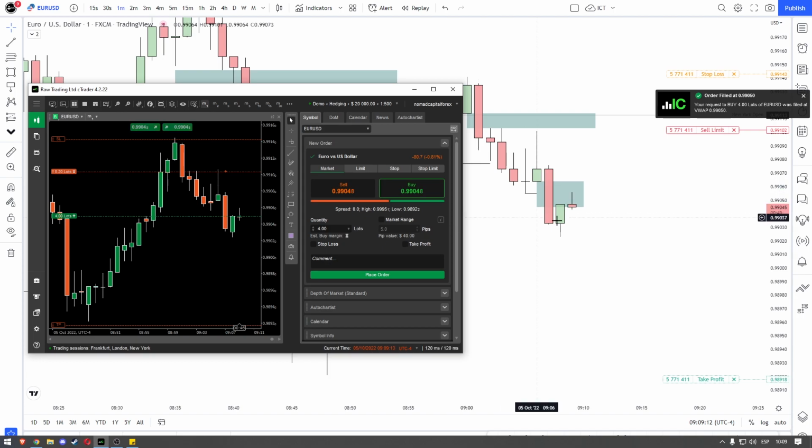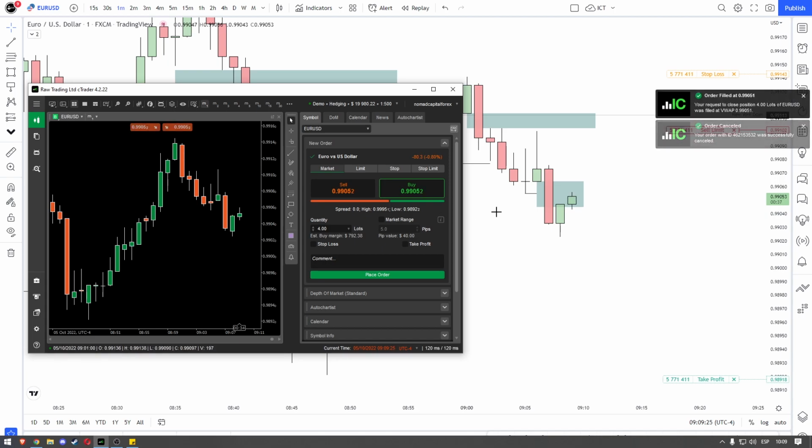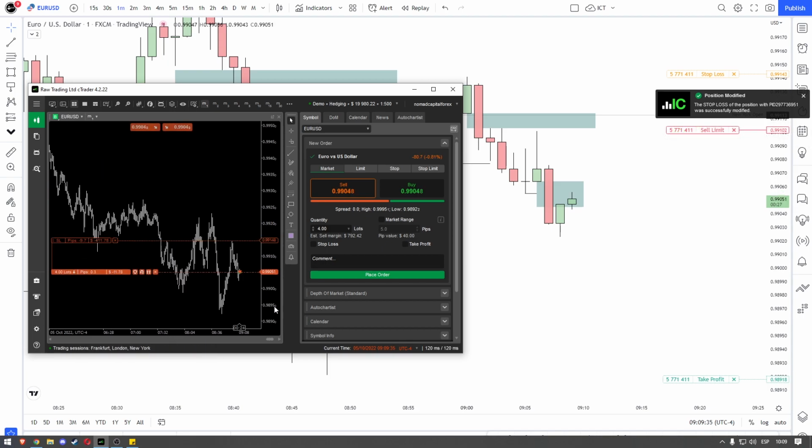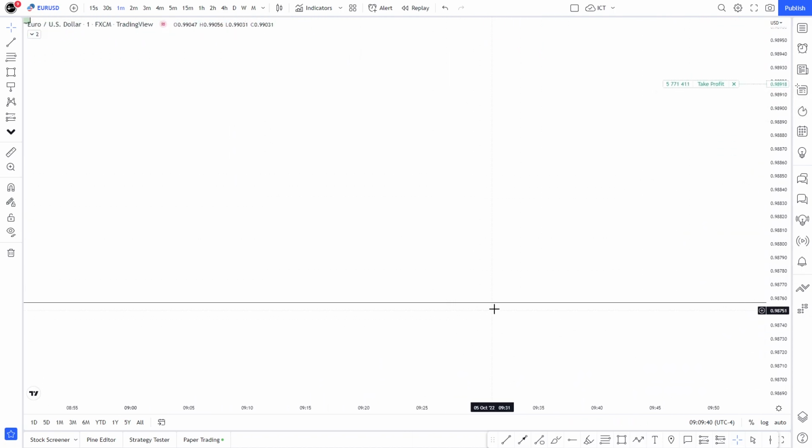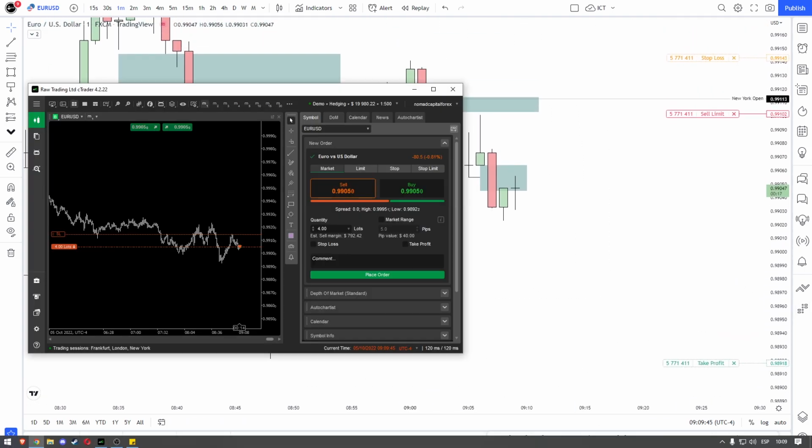So as an example, this is something that I wouldn't do. Let me delete this. Let me put this stop. Oh, I'm buying. Okay, yeah, that makes sense. Let me close this. So this is something that I wouldn't do, and what I mean by that is that I'm risking 2% first of all. And the reason why I wouldn't do it is because I couldn't put the risk correctly, 98.757. And well, also because of that, honestly.